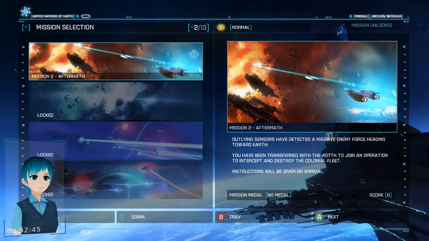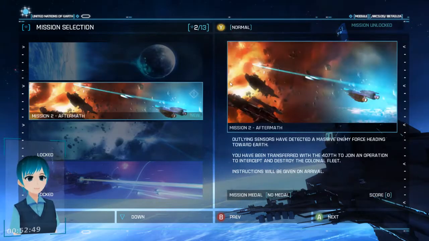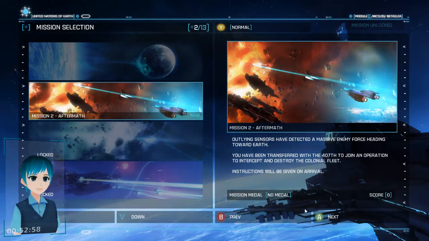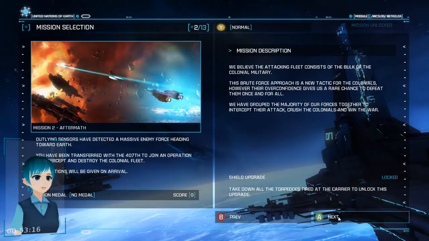Okay, I can change my difficulty now, but I don't care about that. 13 missions, that's not a lucky number. Apparently I unlocked stuff and I have no idea. I guess I just have to start a mission and go to some kind of setup screen? This isn't going to take another half hour, is it? I've already been recording for...